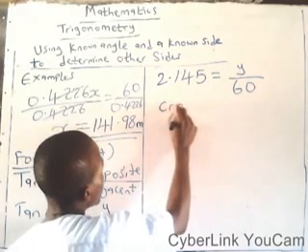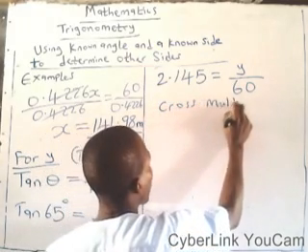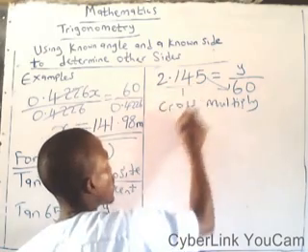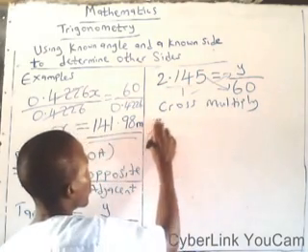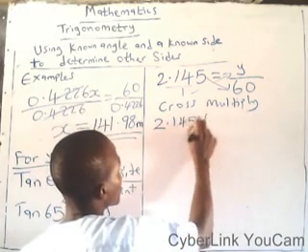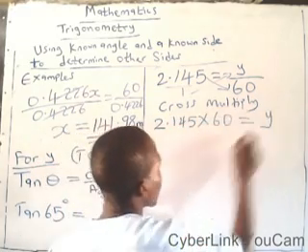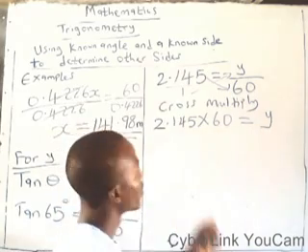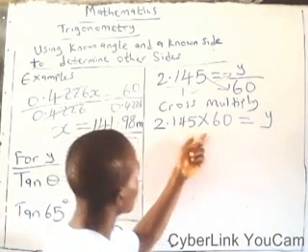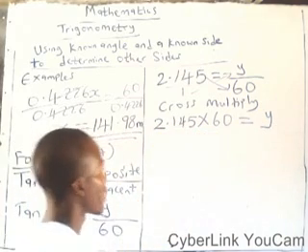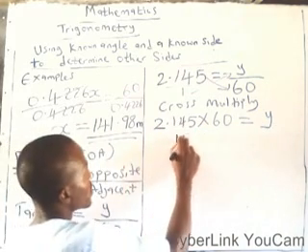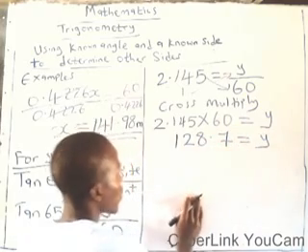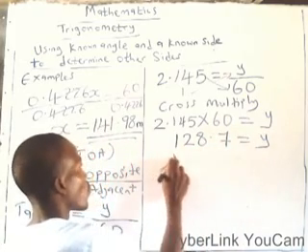We are going to cross multiply. This will multiply this. This is assumed to be over 1. We now have 2.145 times 60 is equal to y. By the time you multiply it correctly, your answer is 128.7 is equal to y. Therefore, y is equal to